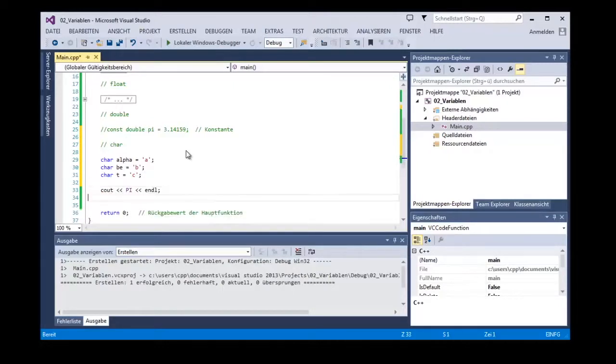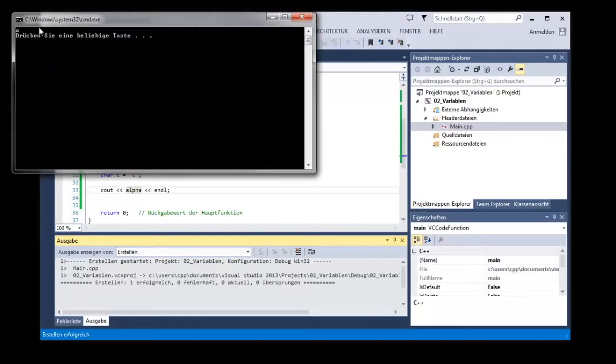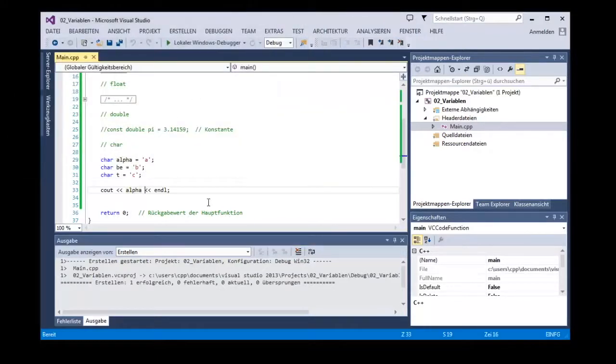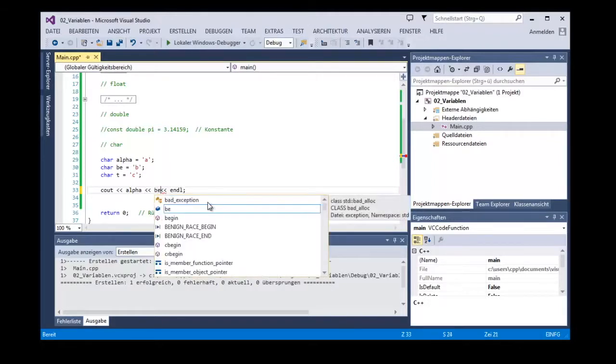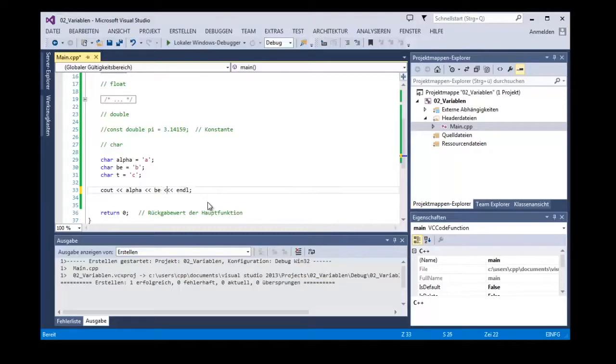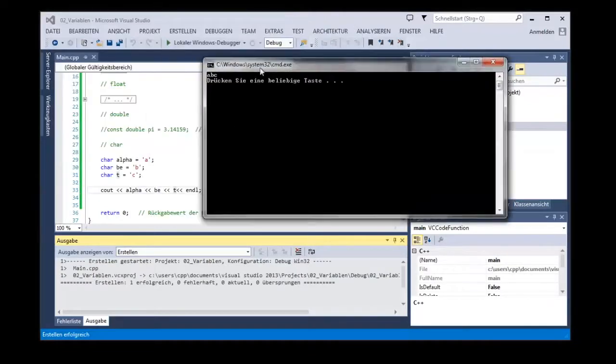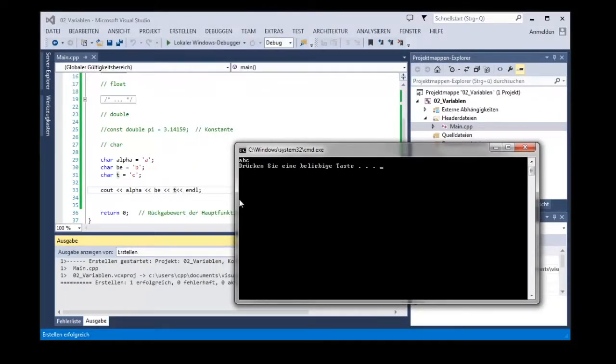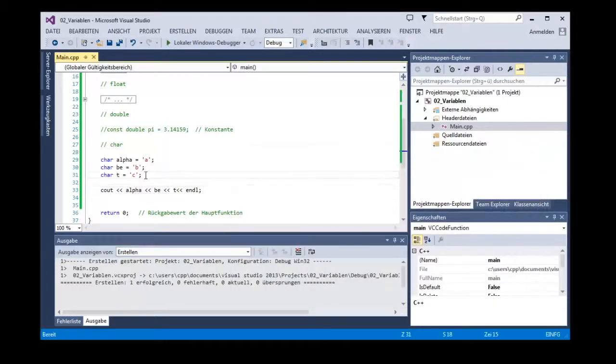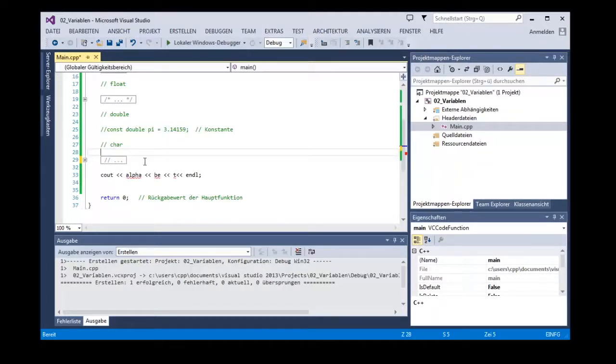This one's a C. And now we can put this in the output. So if we type in alpha, then an A shows up, and we can add our other letters too. So let's put B in the output and also our T, which then is a C, and look how it looks. So this is ABC, just as we typed it in. So now we are finished with our characters, so let's just comment this out and let's go to the next